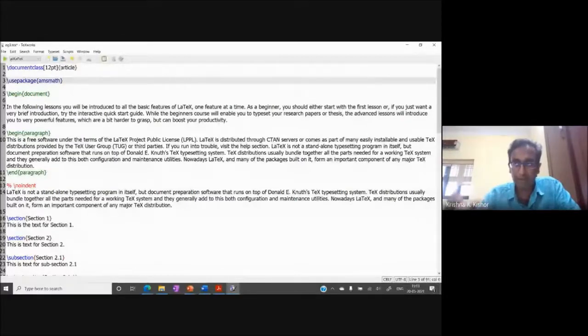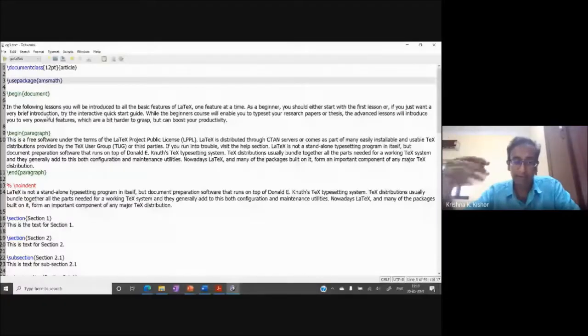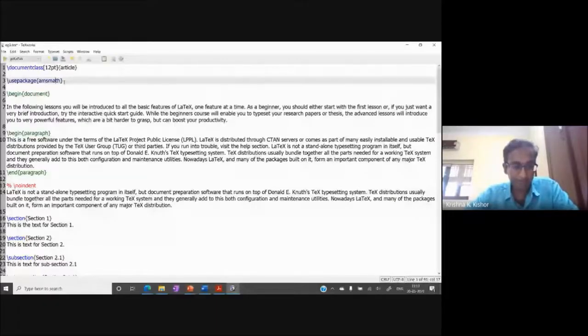If you haven't installed it, it will automatically download and install it for you. If you don't use this package, some of the advanced mathematical things will show up as an error, so it's useful. I highly recommend just putting it in whether you're using it or not. The moment you're using math mode, just put it in. It'll make your life easy.